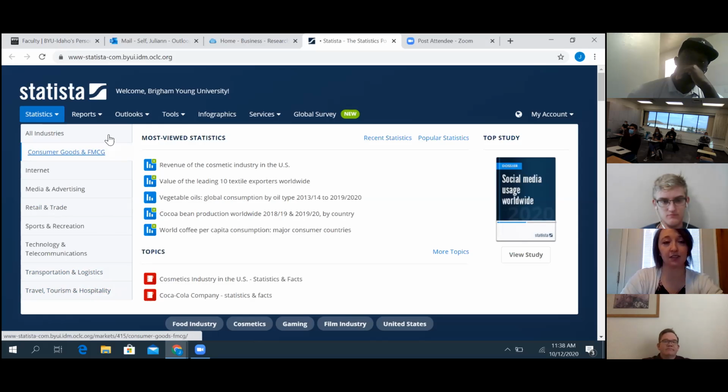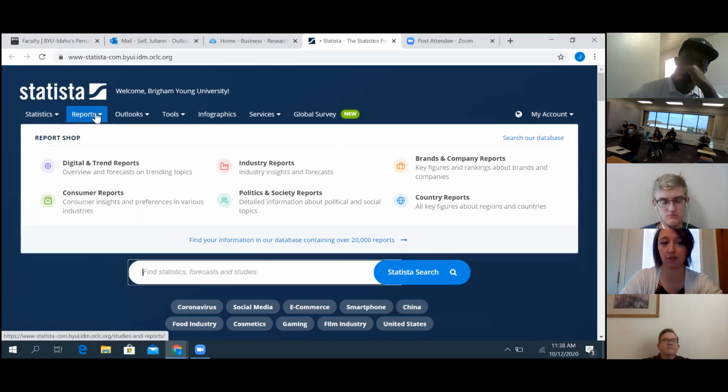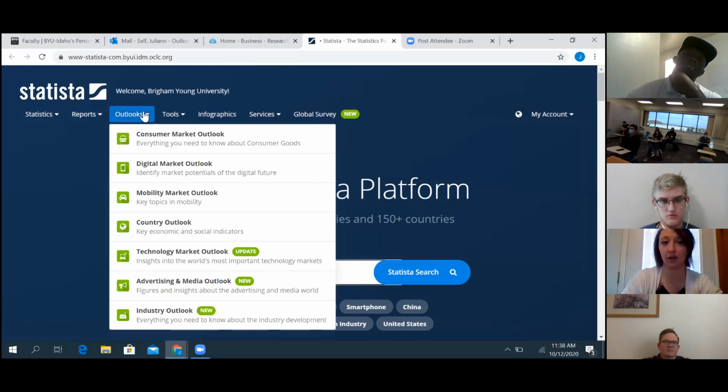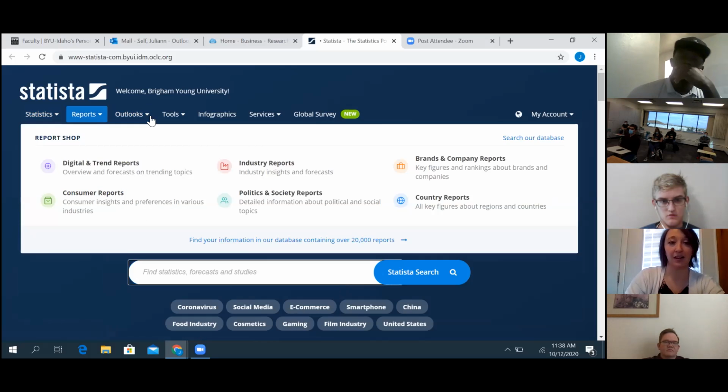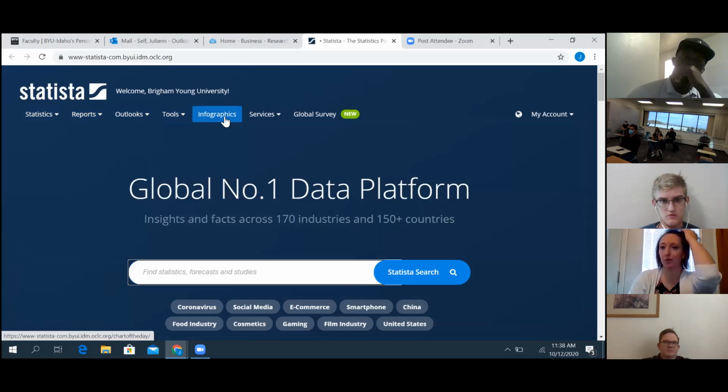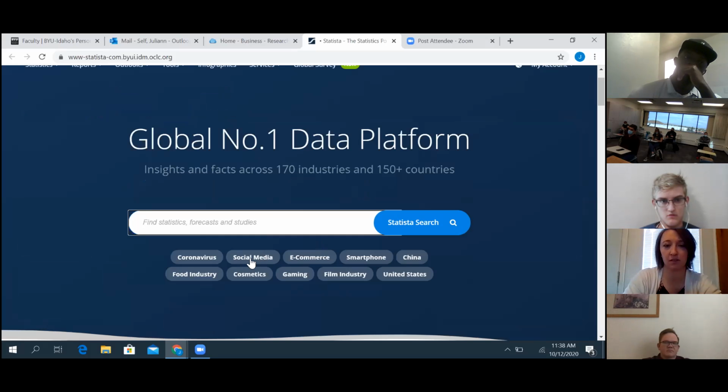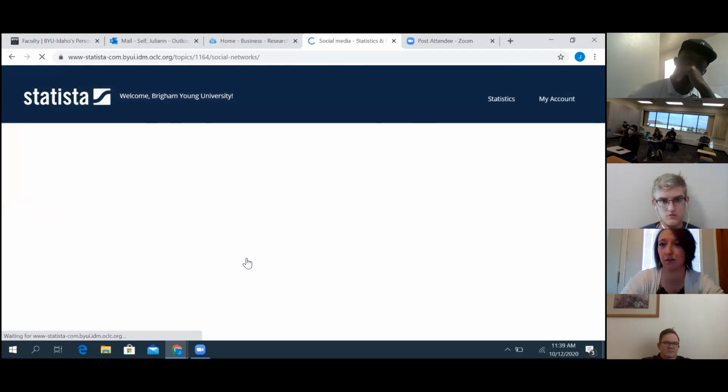Transportation and logistics. You can also look at different types of reports, digital and trend reports, industry reports, politics and society. Sorry, the mouse is a little temperamental. Consumer reports, country reports, Outlook reports. That can be really nice as well if you're going to be doing any type of SWOT analysis. Okay. And then some infographics are available if you ever need to do some type of presentation. That's there as well. So I'm just going to click on social media so you can kind of see what